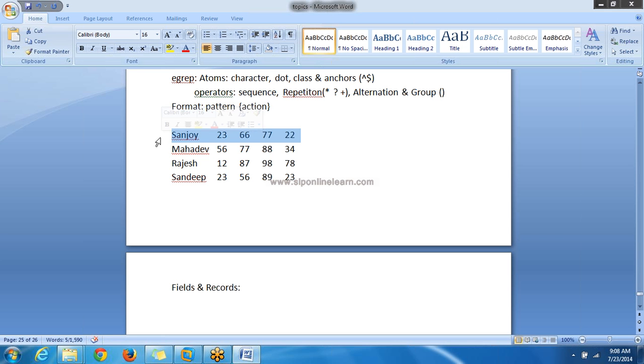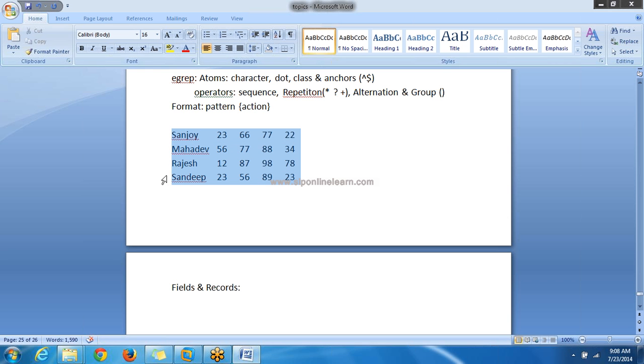This first line is nothing but a record. In this record we have some data like Sanjay, 23, 66, 77, 22. These are nothing but fields. This entire column is a field in this file.